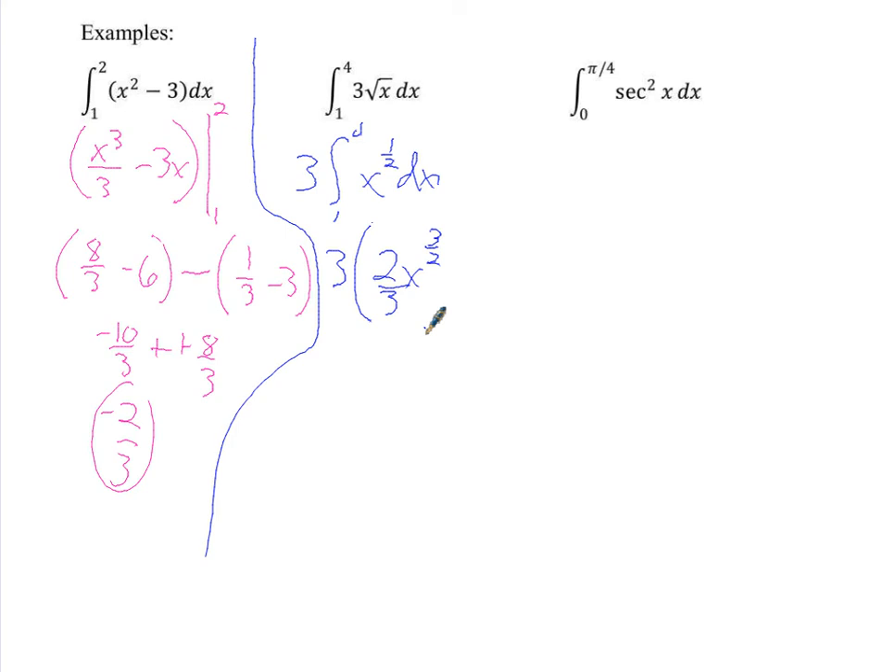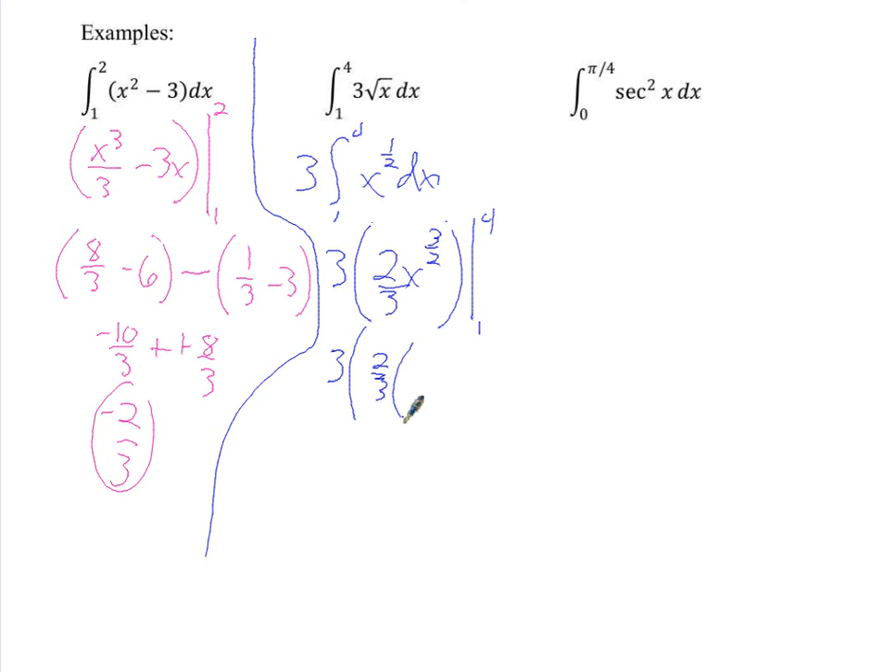Do I need a plus c here? No, I don't, because it's a definite integral. If it was an indefinite integral with no bounds, then I do, but I don't here. So I'm done. Evaluated from 1 to 4. Okay. The 3 stays out here. Then open up parentheses and evaluate. So we have 2/3